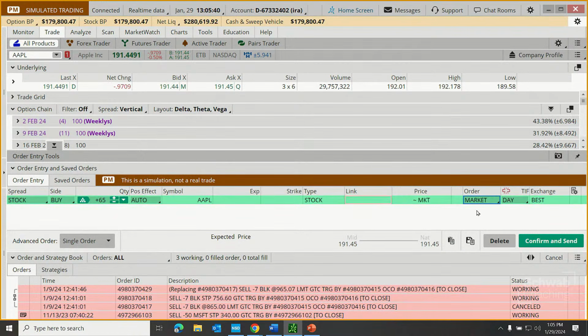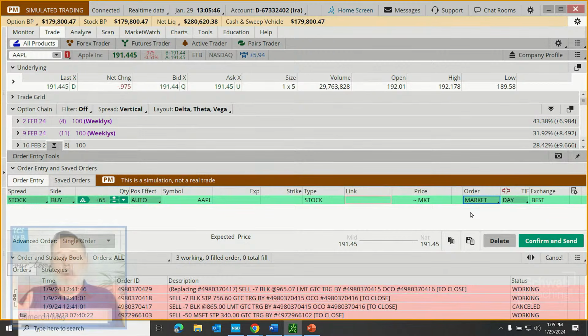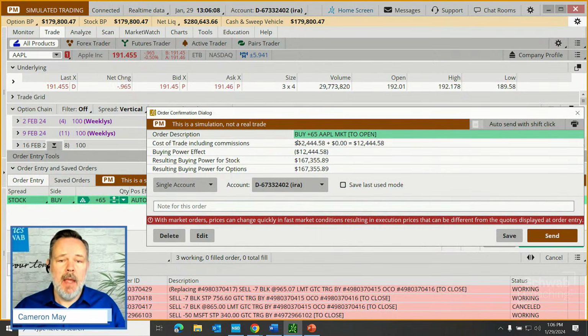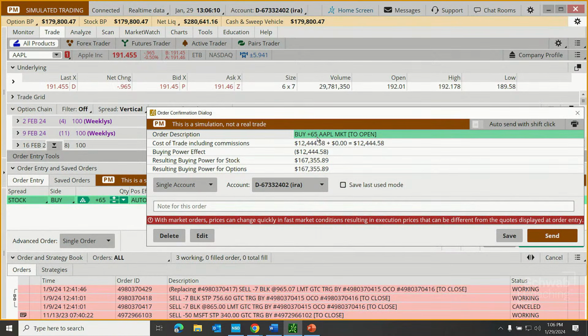Okay. Market order just means we're willing to pay whatever price it is required to get into the stock shares as quickly as possible. Now, there's always a possibility the order doesn't fill. We need to be aware of that, but placing a market order over limit order has pros and cons. A potential pro is a higher probability of a quick fill. But believe it or not, that's actually a complete order, and we could click confirm and send. A market order is going to default to a day order, okay? But we can click confirm and send, and this is now ready to place that buy order.